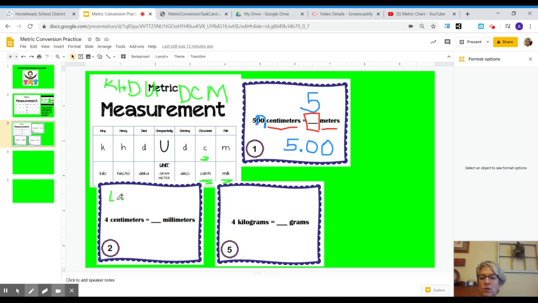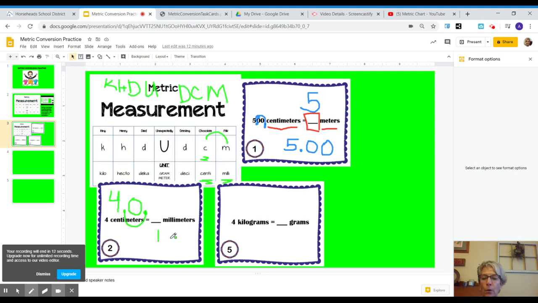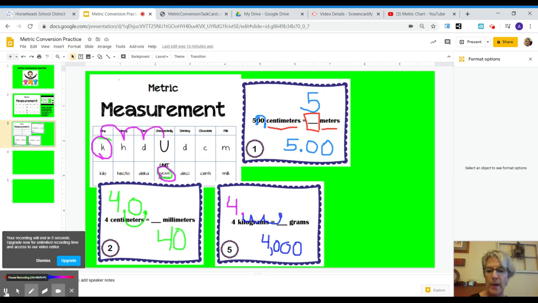So here's my 4. I'm just writing it bigger so you can see it. You don't necessarily have to. So look at, there's the 4. Now I'm going to go from 4 centimeters equals how many millimeters? So I'm going to go from here to here. And I'm bumping my decimal 1 spot to the right. Ooh, so I'm going to bump a spot, but there isn't anything there. So I'm going to put a 0 there. So 4 centimeters equals 40 millimeters. Okay, so I did the next one quickly for you because you were going from kilograms